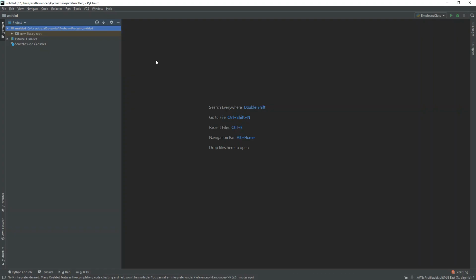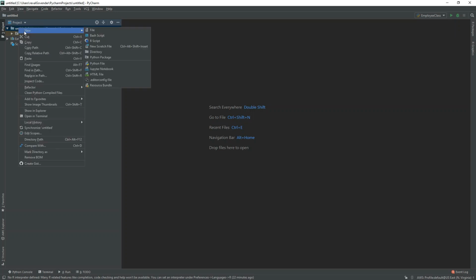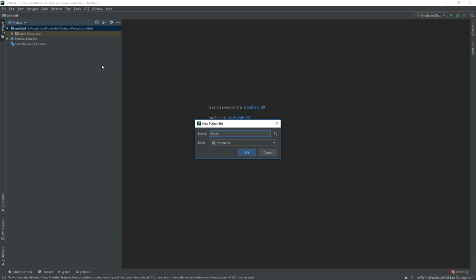Okay, so let's experiment with classes in Python. I'm currently using Python version 3.7.2 and I'm using PyCharm as my IDE. So let's create a new Python file and call it employee